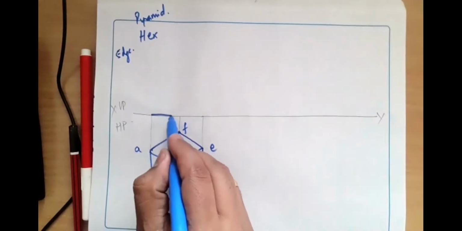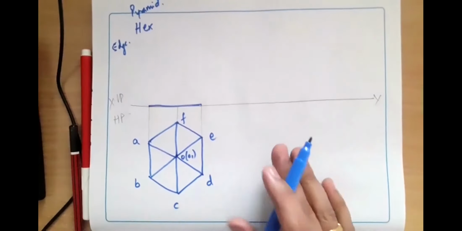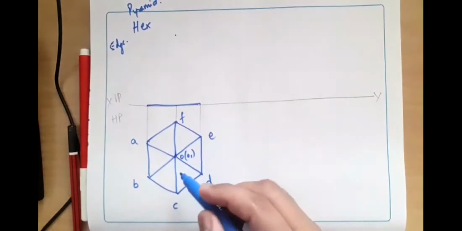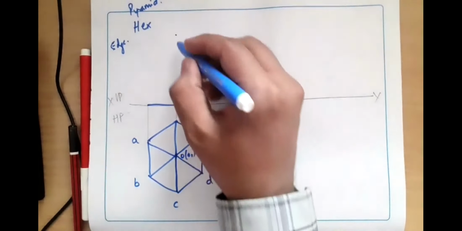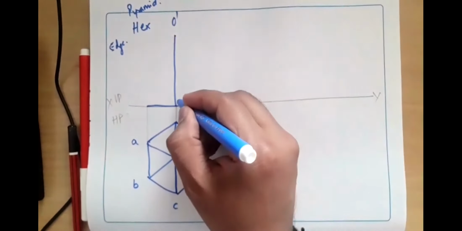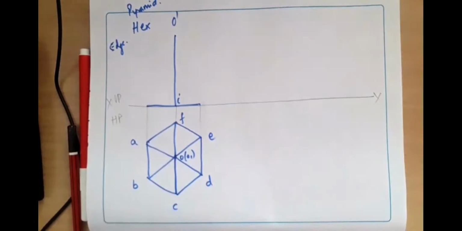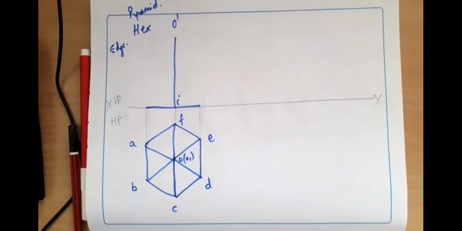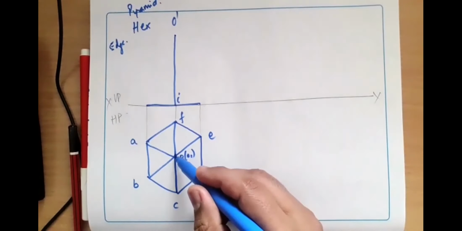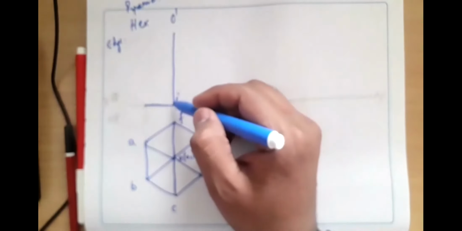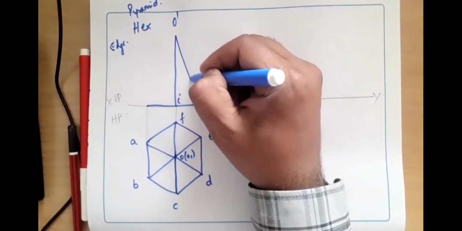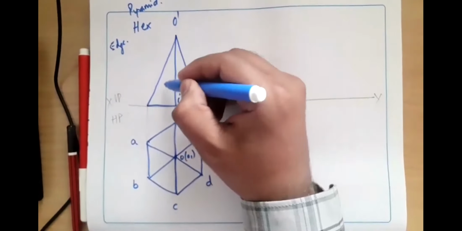The front view for the baseline will be dark here. And where is the axis line? The axis line is here, which coincides with this OC. So the axis line will become a dark line because O dash C dash is seen first. Are you able to understand this? Yes, sir. This slant edge is seen first and then the axis will be there. So I'm making O dash C dash a dark line and then joining it to these corners. So I'll get two triangles, 1 and 2.